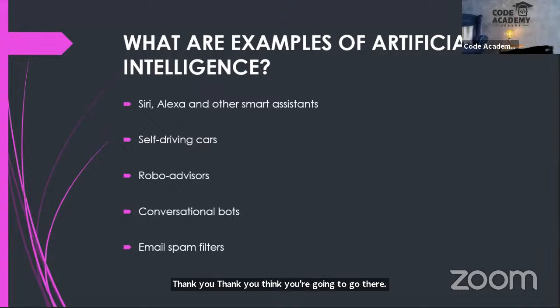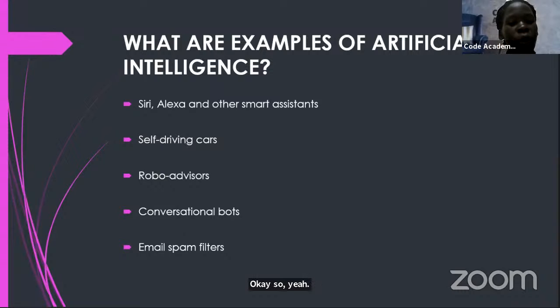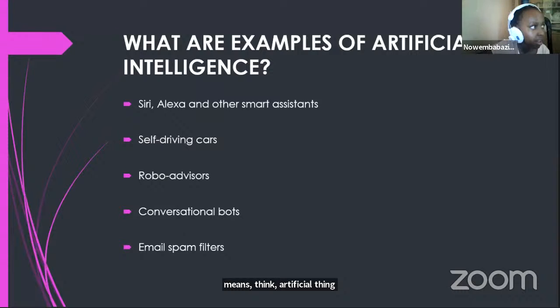Okay, so we are trying to understand the theme of the National Scratch competition, which is make the world a better place with Scratch. After getting the main theme, making the world a better place, one of the sub-themes we're looking at is Think AI, which means think artificial intelligence.